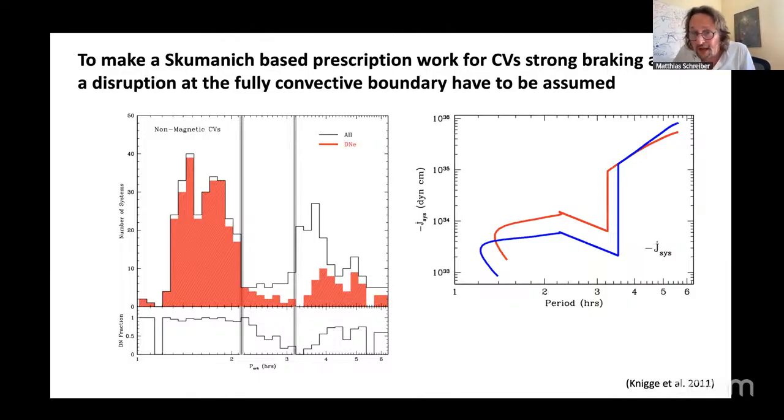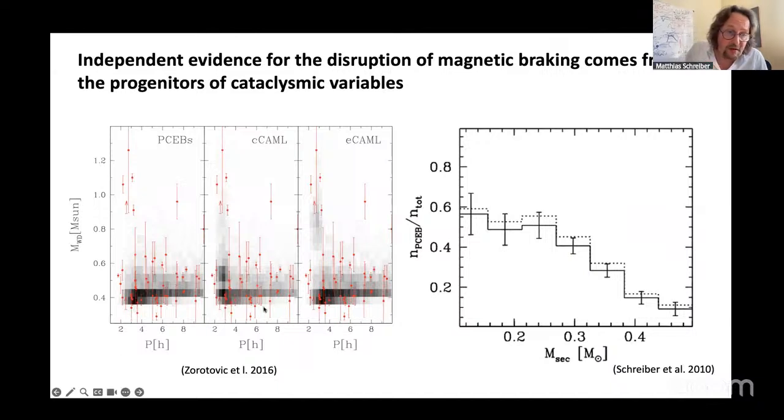So we looked at stars where there is no mass transfer yet. Both stars are still separated, no accretion going on. And in this sample, you should see the ones between 3 and 2 hours that are passing through the period gap, the detached CVs, you could say, where there's no accretion. You should see them in this sample. And that's exactly what we did. Here on the left, you see